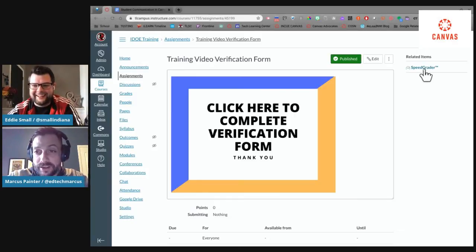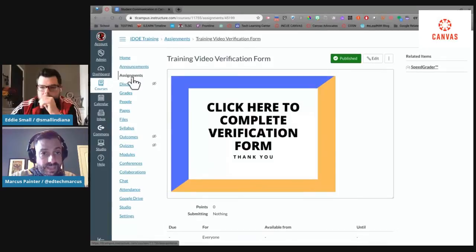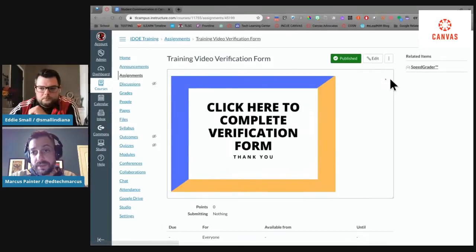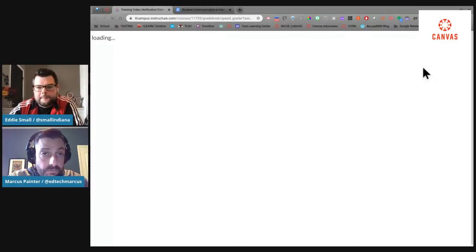So SpeedGrader. When you go into SpeedGrader, I'm in an assignment within a course. Of course, I would have had some better looking assignments here if I was using my actual class. But if I bring up SpeedGrader on an assignment, you can see I'm under the assignments within a course, and I'm going to come over here to SpeedGrader, which is a whole other ball of wax in terms of being awesome.